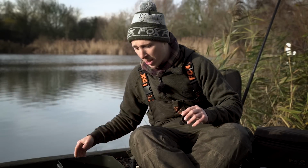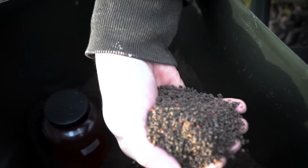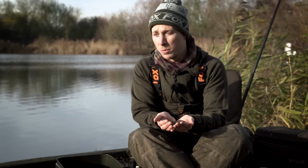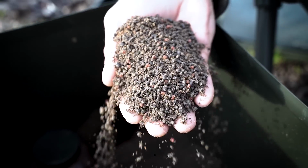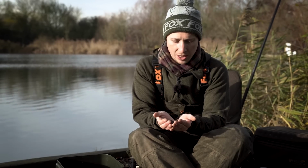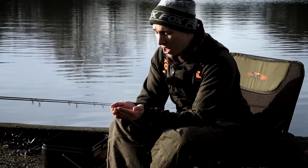So that's them. And then also, of course, in my solid bag bucket I've got my pellet mix, and my pellet mix is literally exactly the same as what it's always been. I don't change it from the summer to the winter. There's halibut pellets in there, it's CC Moore oily bag mix as well, and there's some extra salmon fry microfeed in there. So really quite oily ingredients that a lot of people say you shouldn't use in winter,